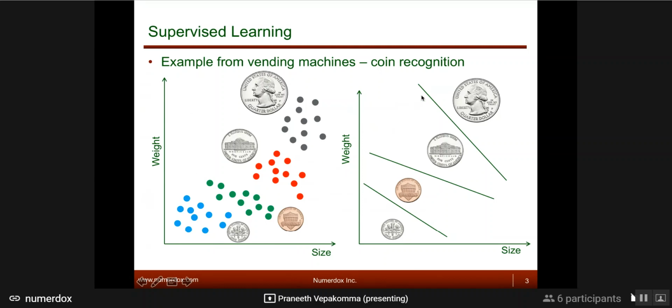You need to be able to draw a line or some curve or some sort of function that separates one from the other. If you can do the separation, then in the future when the data falls on this side of the line or the curve, your learning model will say, okay, it seems to be a quarter. If it falls somewhere in this range, if your model is good enough, then you would say 5 cents, that kind of thing. Then there will always be mistakes.